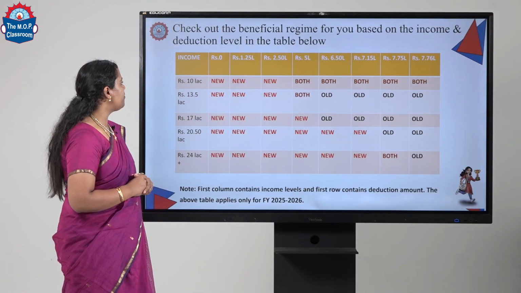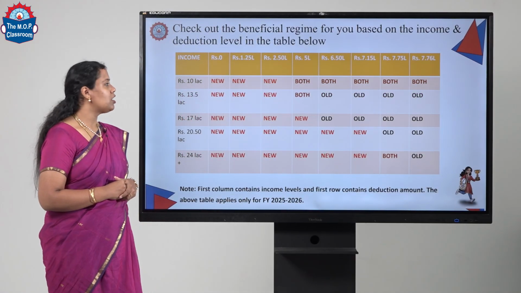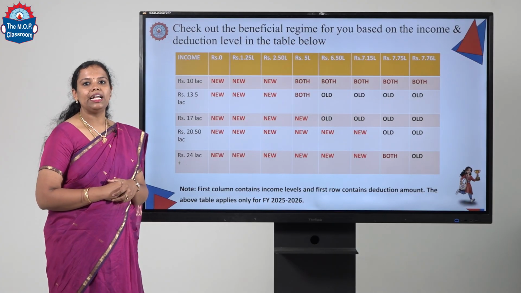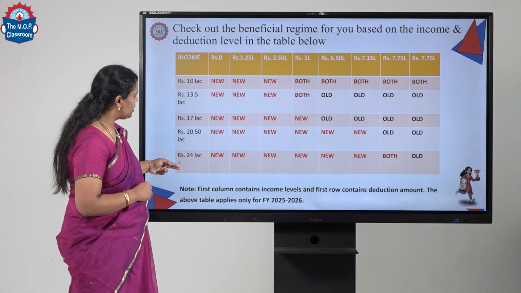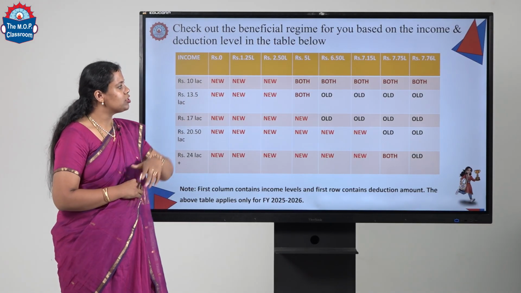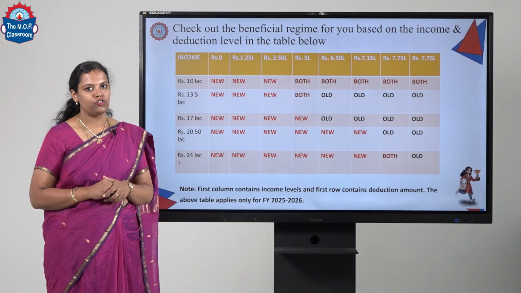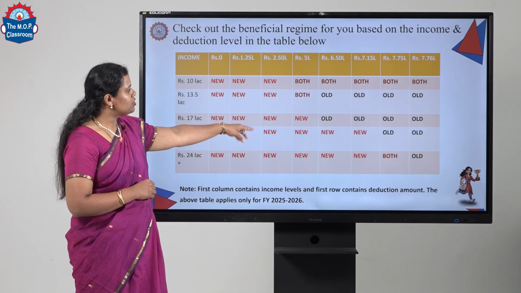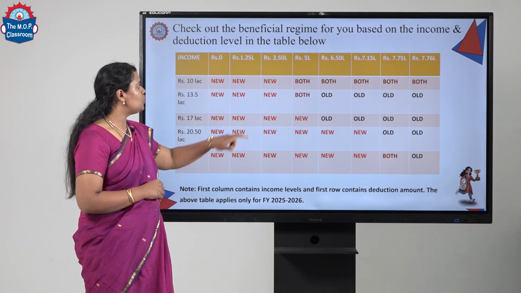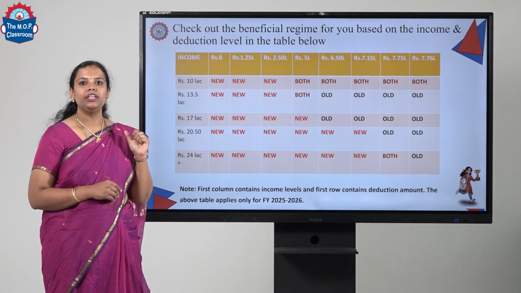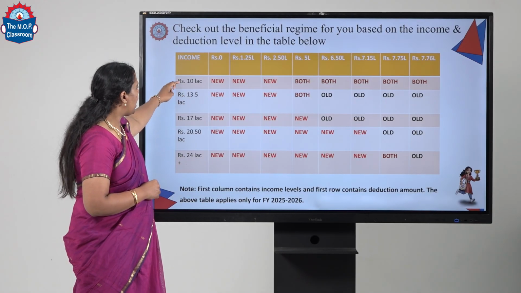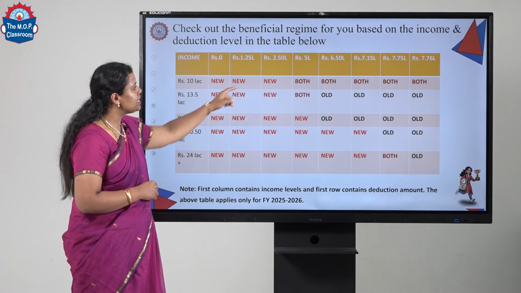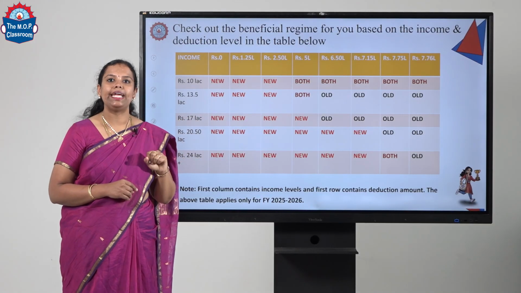If I have an income level of 10 lakhs with 0 deductions, in that case the new tax regime will be beneficial for you. But as the income level goes up and the deduction also goes up, the old regime is always beneficial for you. There are notes where I have given both, so in those cases it can be beneficial in terms of either the old or new tax regime. In terms of salary income, under 10 lakhs to 17 lakhs and the maximum exemption of 7.8 lakhs here.